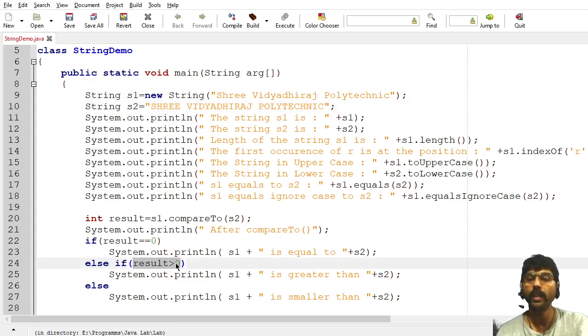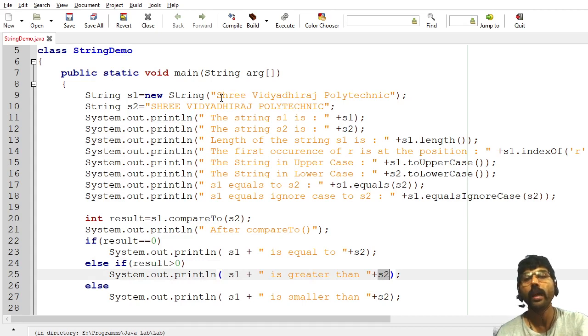Here, if the result of whatever comparison is done is greater than 0, then I have to write S1 is greater than S2. Remember, when I compare both the strings, a small letter has a higher value than a capital letter according to Unicode or ASCII. So remember, S1 has the greater value than S2, and here it will display S1 is greater than S2.